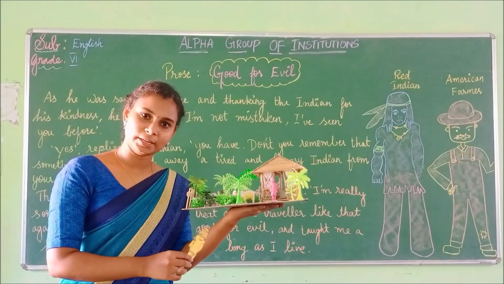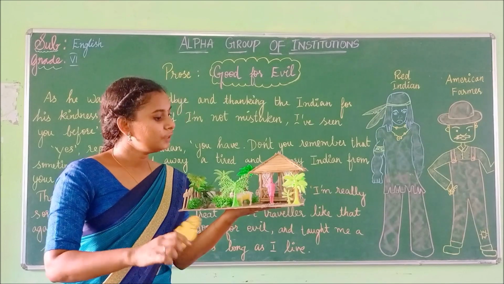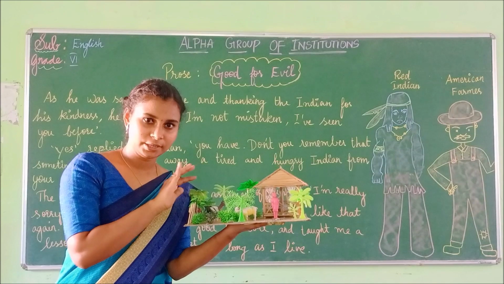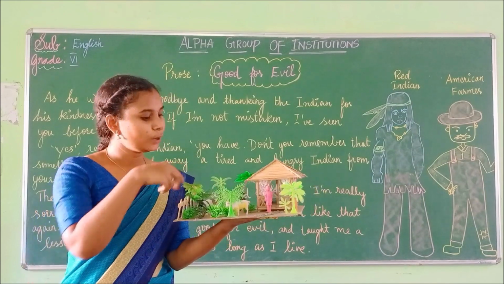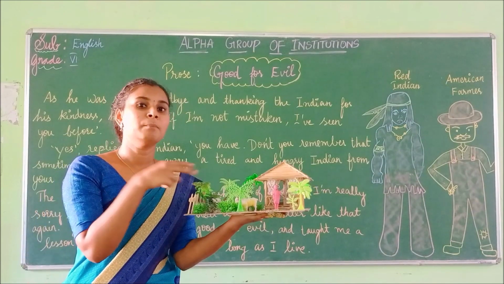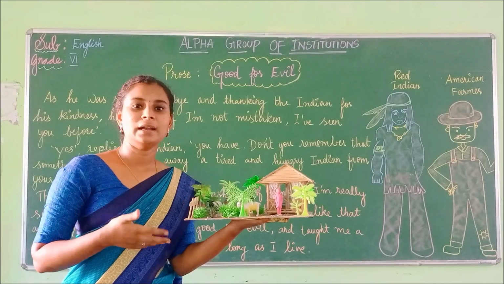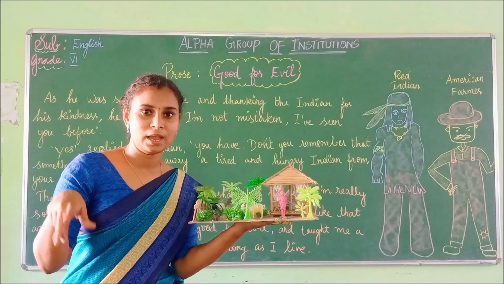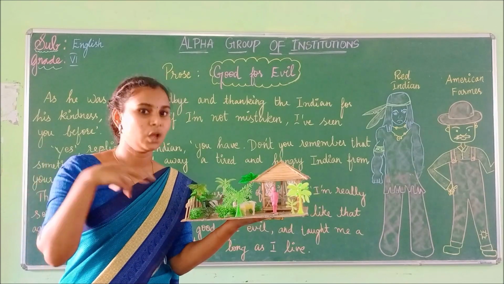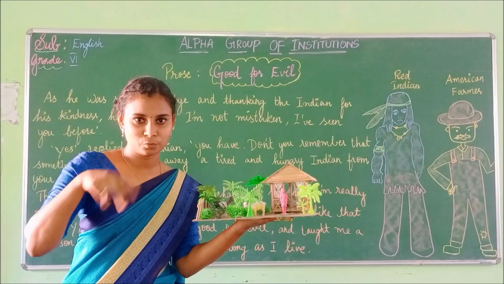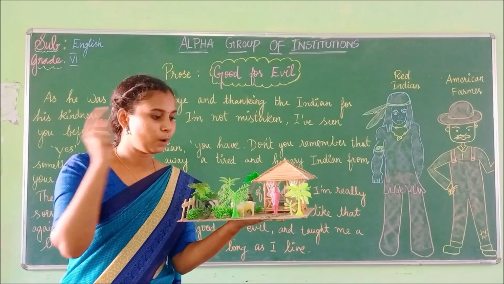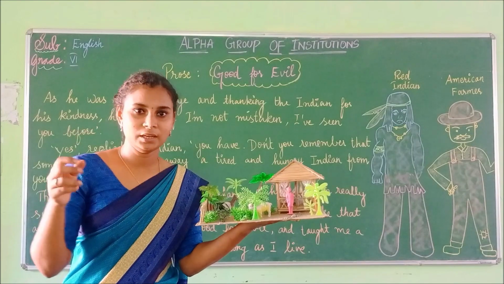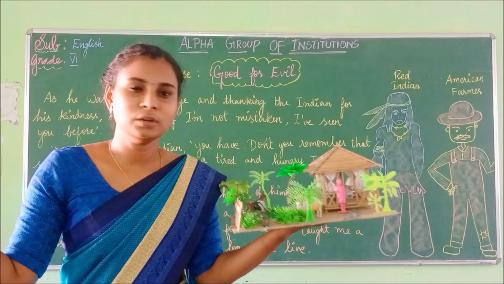The next thing what happened? Some days later, this American farmer is going to the forest for hunting, isn't it? He is going to the forest for hunting, but he had no luck. For his bad luck, he got nothing. He got no food and he lost his way. As it was dark in the night, he lost his way. He did not remember the way to come up to the forest. So what happens? He was going here and there in search of food or the way, but he couldn't find anything.